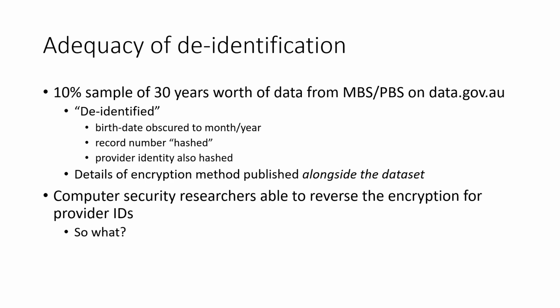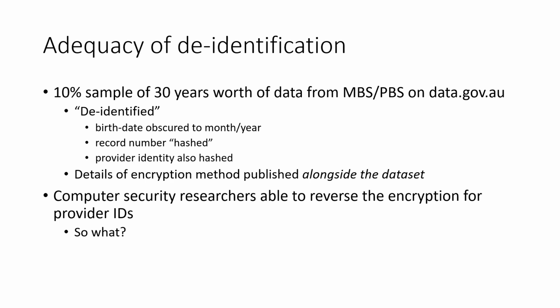Medicare numbers were obscured using cryptography, so it's called hashing the numbers. The birth dates had the day removed, so it was only month and year of birth, to try and reduce the ability for people to be re-identified based on their birthday. And also the Medicare provider ID was encrypted, so people couldn't identify individual doctors who had been providing particular